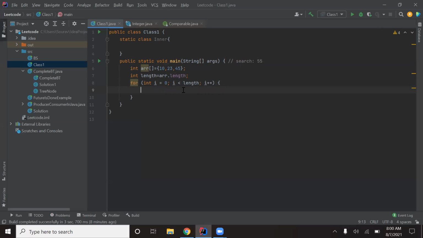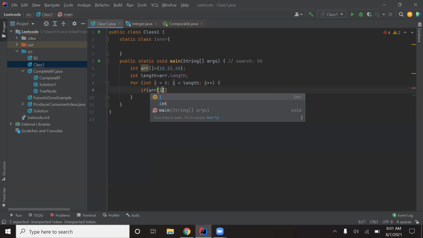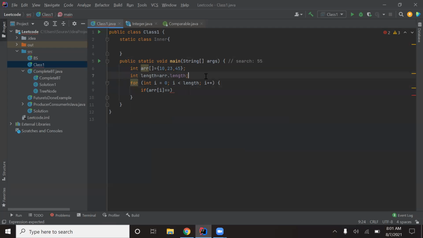So what I am doing here, I am just running a loop, and as you told, it is correct. I will go through each and every element and check whether array at i equals